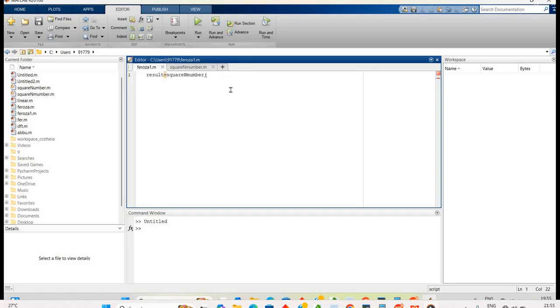Suppose I want the square of 6. Now I'll run it. The square of 6 is 36, and it is stored in the result variable because we have taken the variable as result. This is how we call the function.